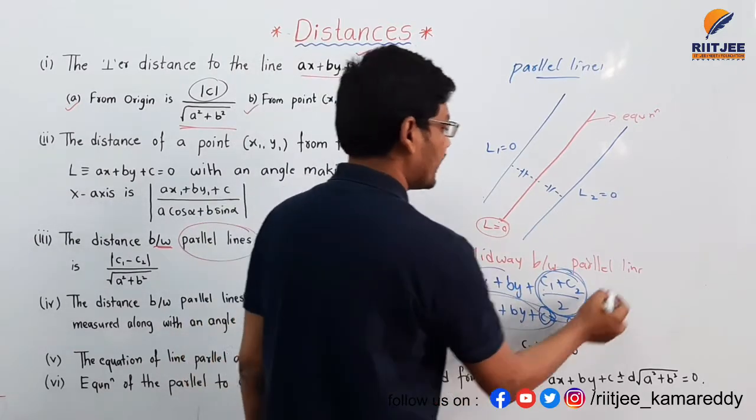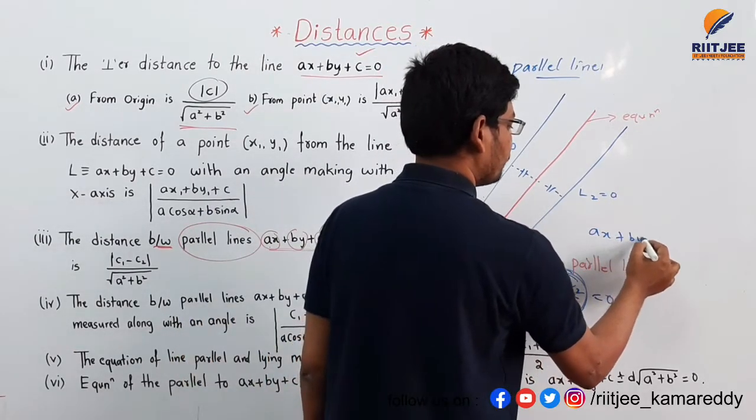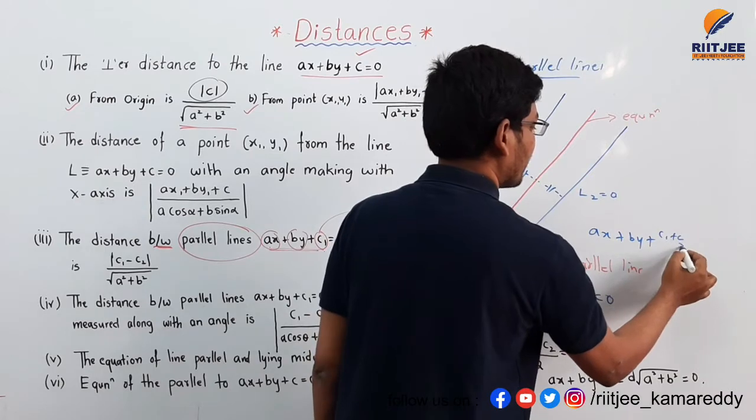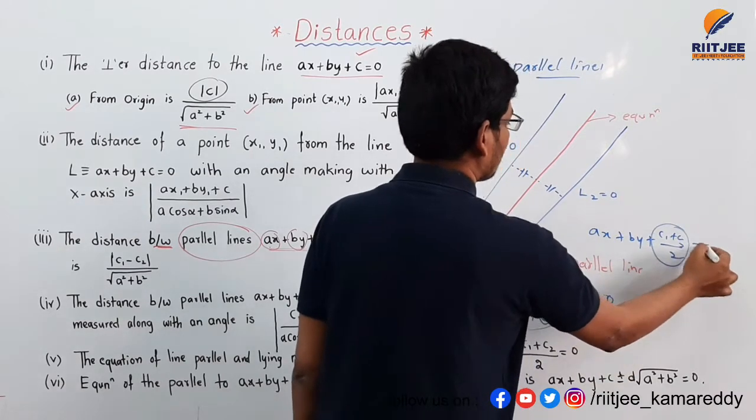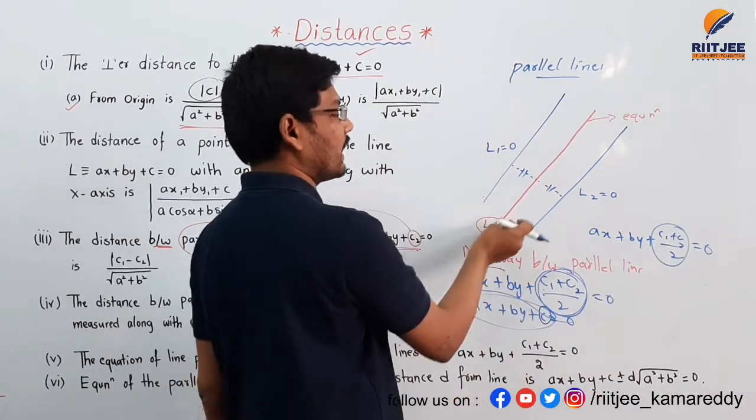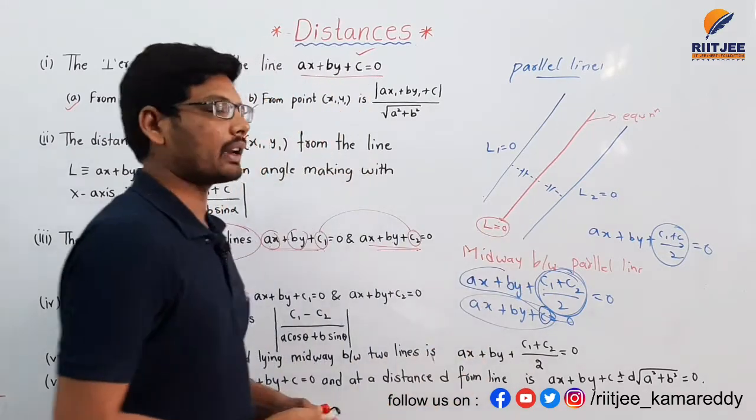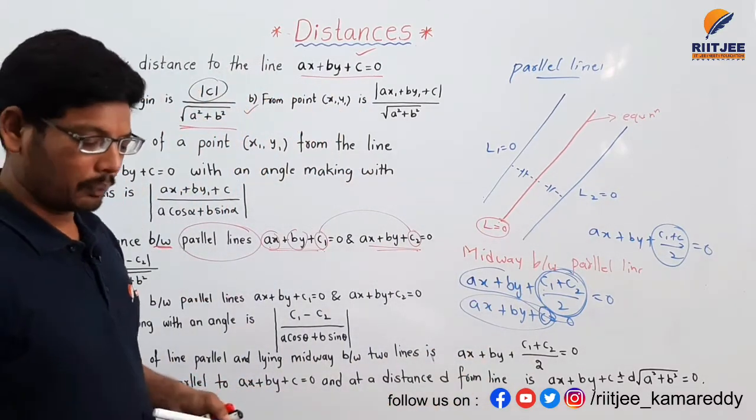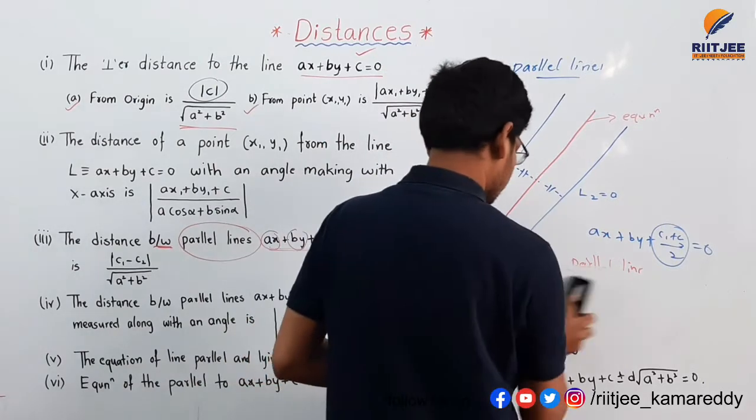Then the equation of line is ax plus by plus (c1 plus c2)/2 is equal to 0. This is the average of the constants. Only the constant value changes when the lines are parallel. This is all about the fifth point, and the last point is